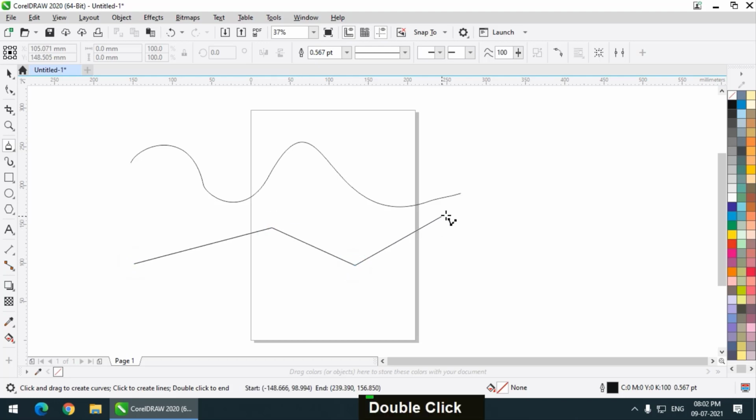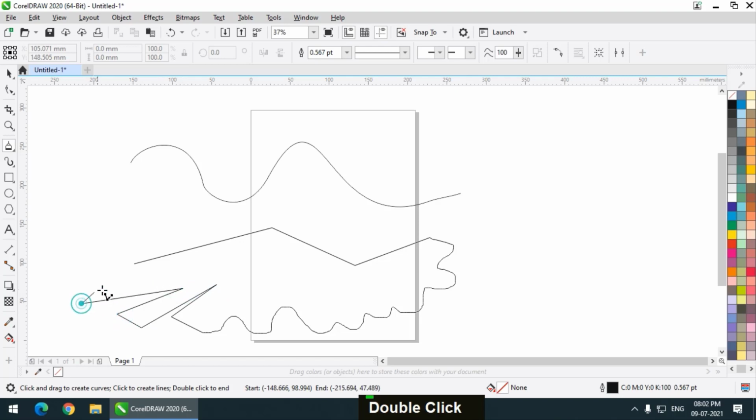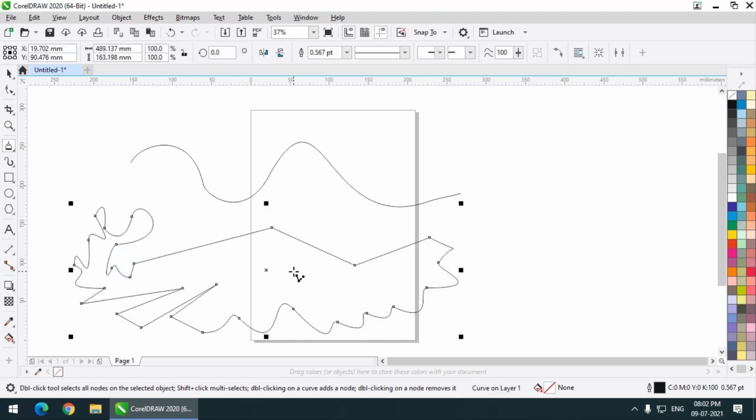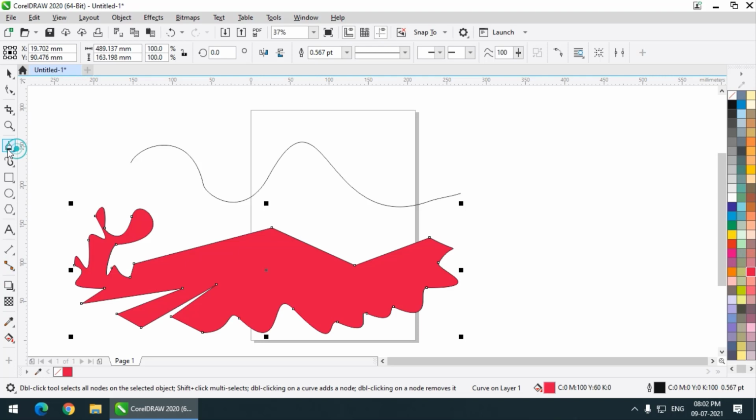It works like a pen tool, but as soon as you press and hold the left mouse button and drag, it works as a freehand tool. If you release the mouse button, it will again act as a pen tool. But if you press, hold and drag again, it will act as a freehand tool, and after that it will become a normal shape. So this is a mixture of a couple of tools. That's why it is called polyline, which means many lines in a simple way.